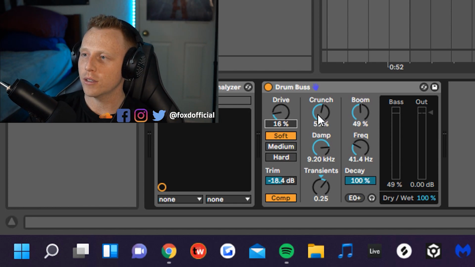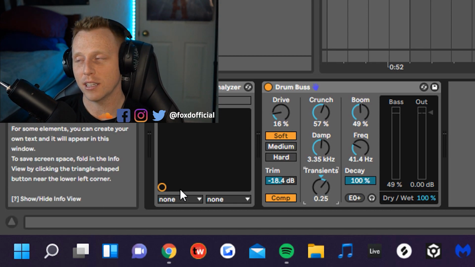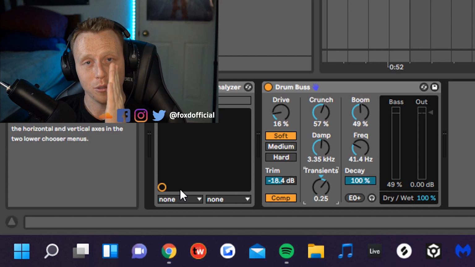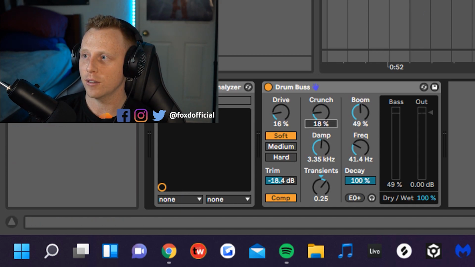What's cool is that you also have extra crunch, which is more distortion. And then dampening kind of softens everything a little bit. Transient, it actually helps boost. It's essentially a transient shaper where it boosts the transient levels, makes everything a little bit more punchy. So if we start playing with that a little bit, so we hit off,